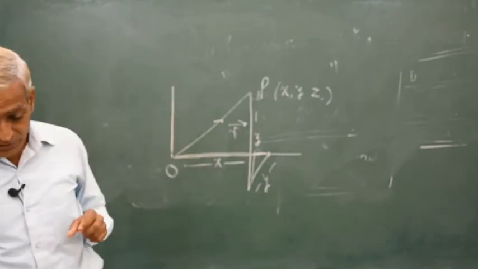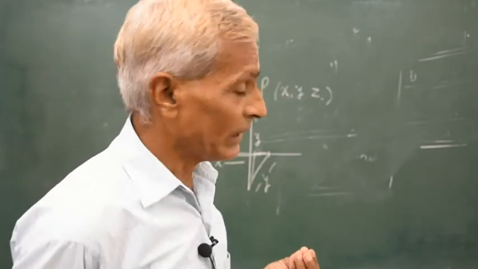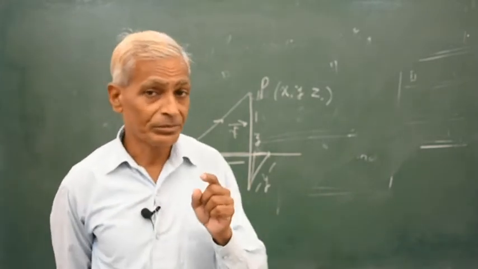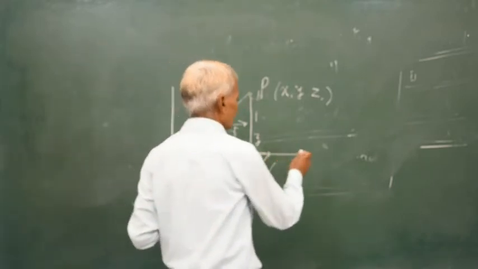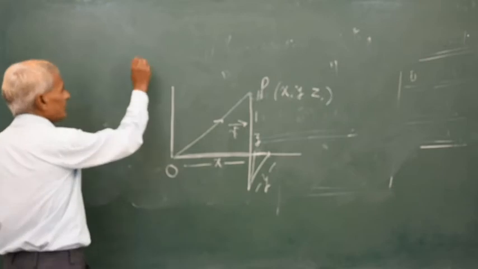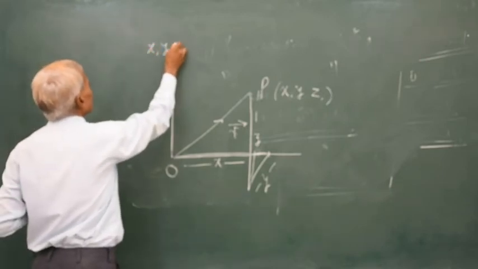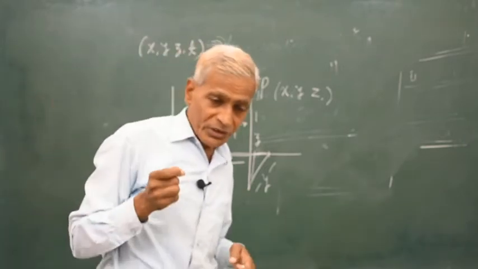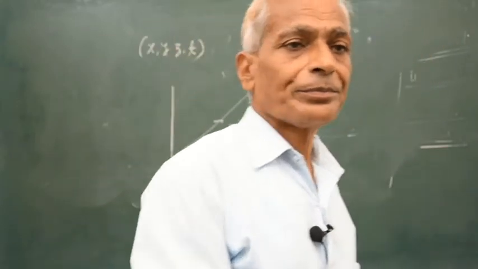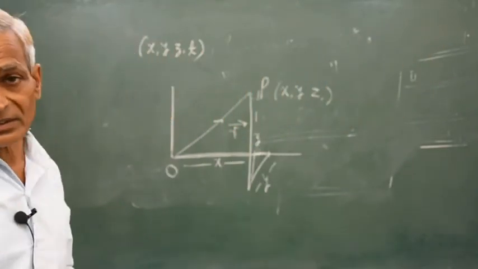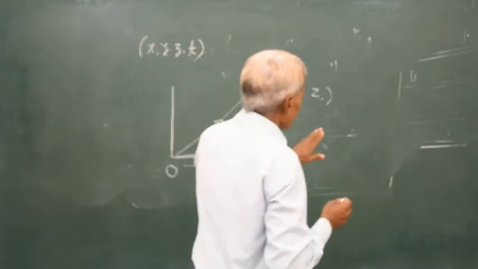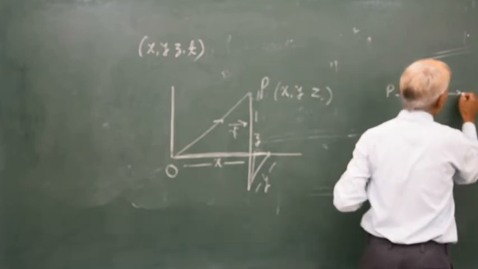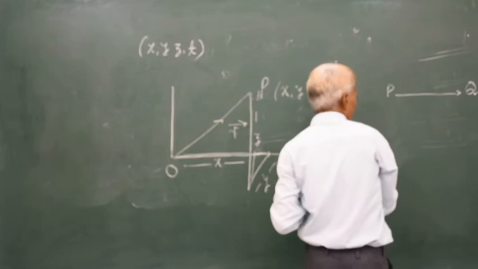But only position of a point x, y, z is not sufficient to explain position of a point. Look, there is fourth coordinate, time. Therefore, in order to explain correct position, we need 4 dimensions x, y, z and t. That is location of a point at a time t. Suppose point P moves to point Q through this path.